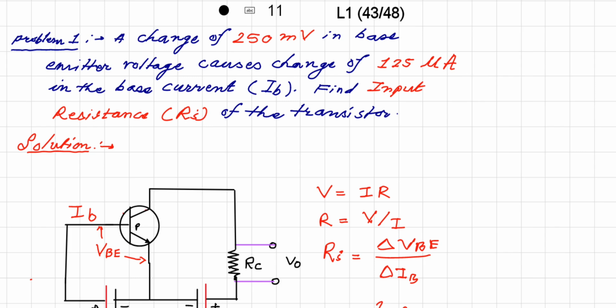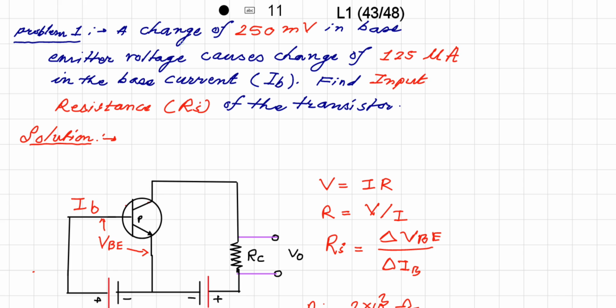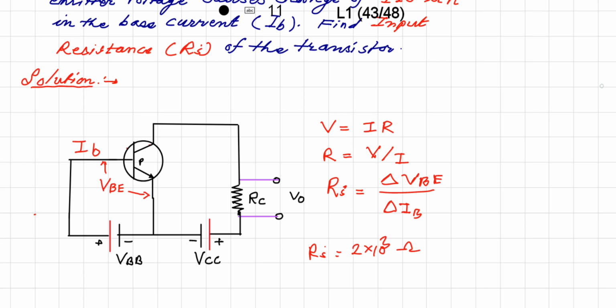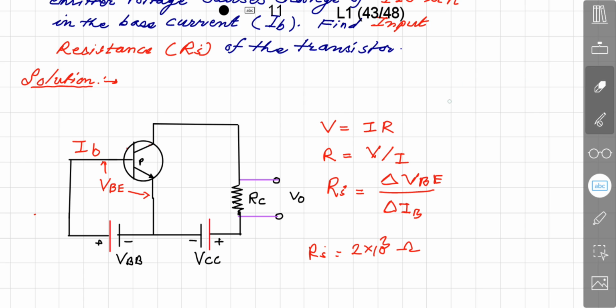See, here it is. There it is a circuit. A change of 250 millivolt in base emitter voltage causes change of 125 microampere in the base current IB. Find out the input resistance Ri of the transistor. So we already know this is the circuit which shows